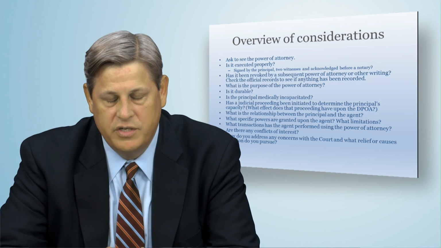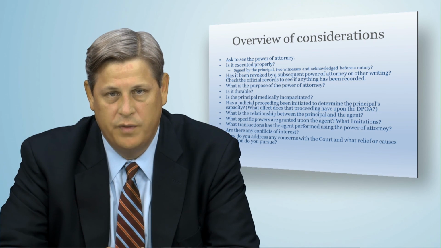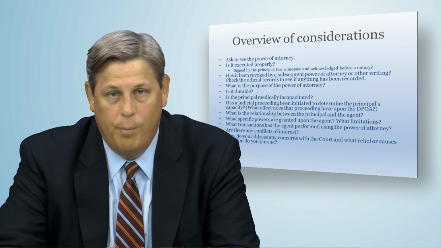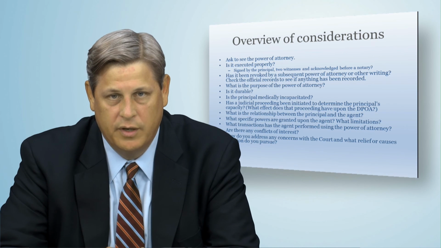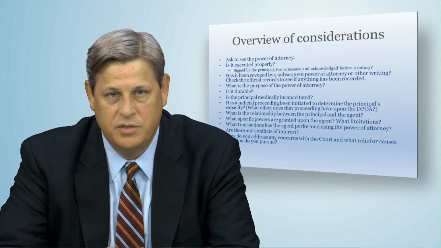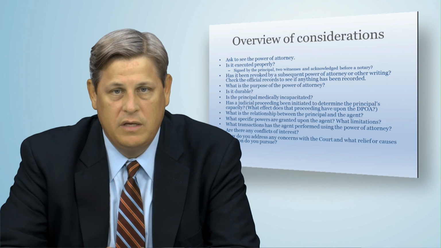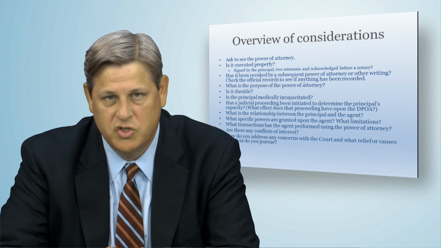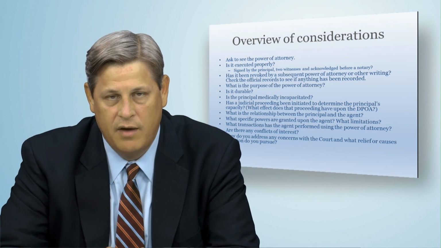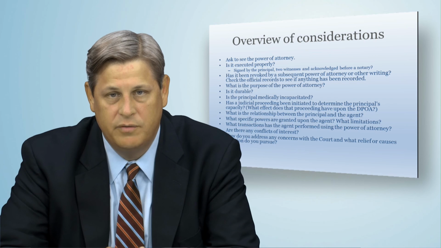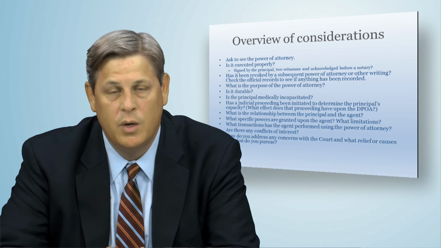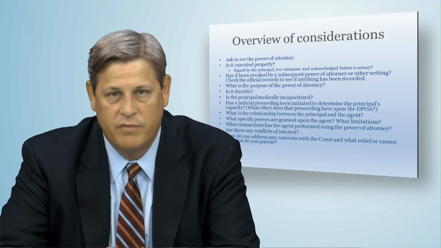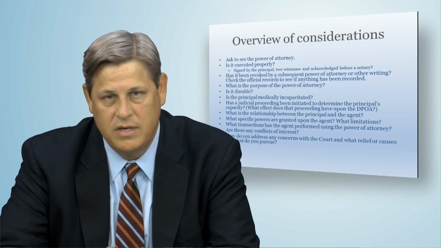In short, it's very important to just look at the document itself and to consider what the document says. If at any point you've got a question, go back to Chapter 709 and take a look at it. Read the actual language of the statute and keep in mind what, if anything, that agent may be doing to misuse the power. Just because an agent shows you a document and tells you that they have the authority to do something does not mean that they actually have that authority. It is important to keep all of these aspects in mind when reviewing the viability of a power of attorney and the actions that are being taken by the agent.